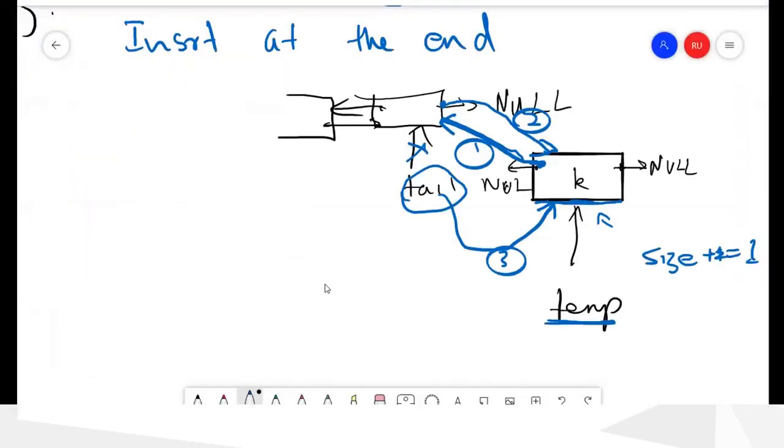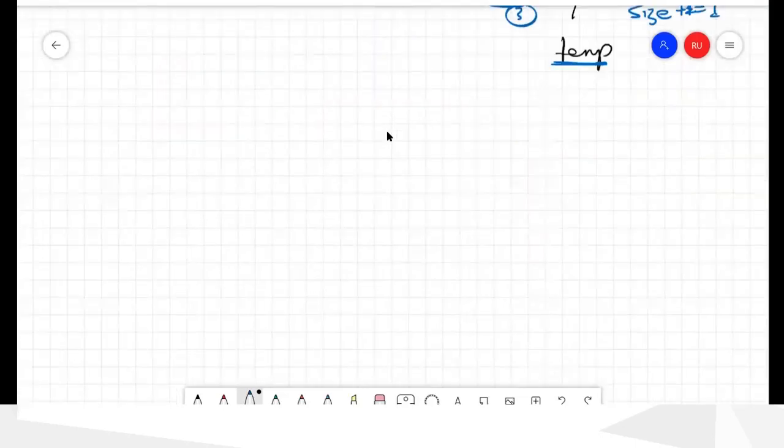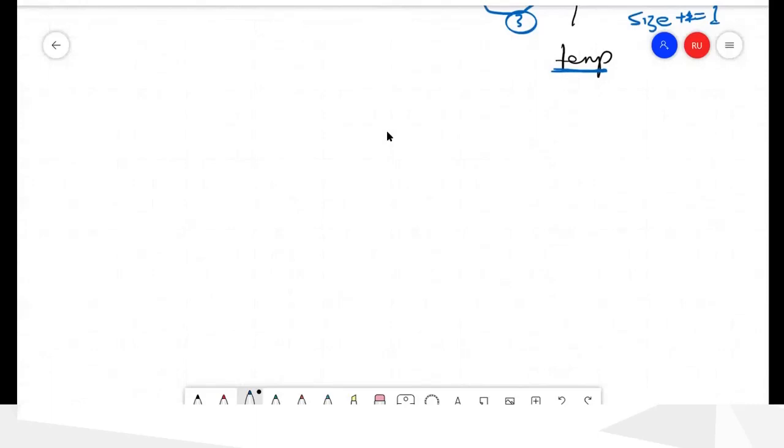Okay, so now we will go to the next function, which is insert at a given position.